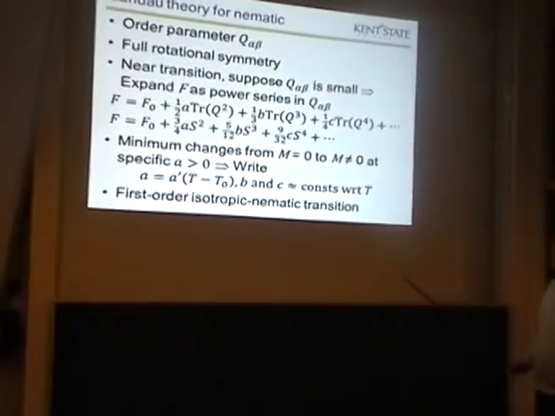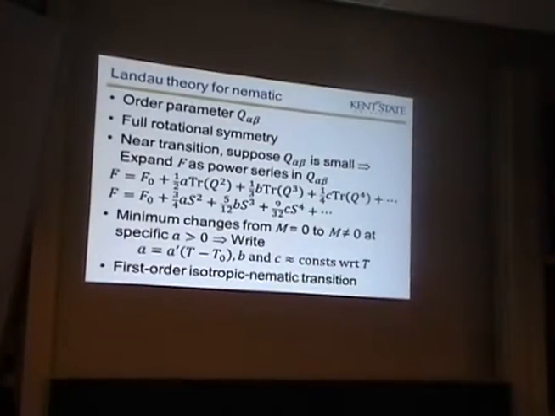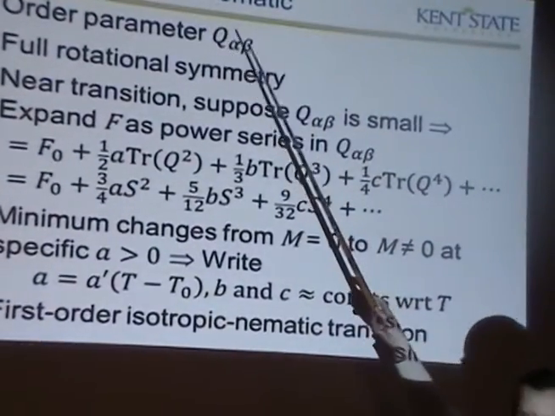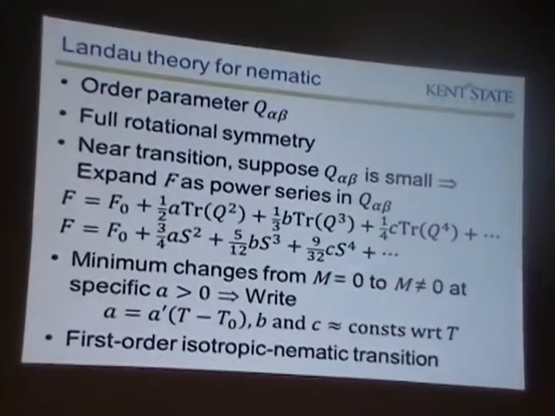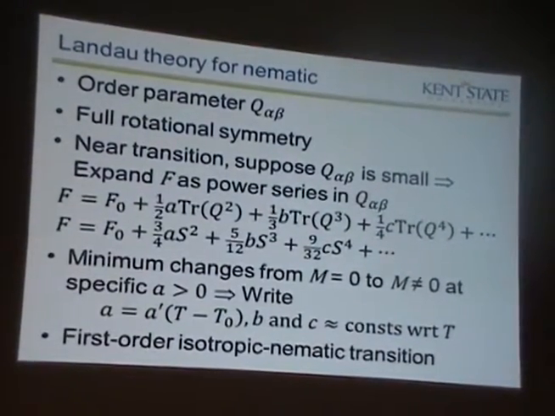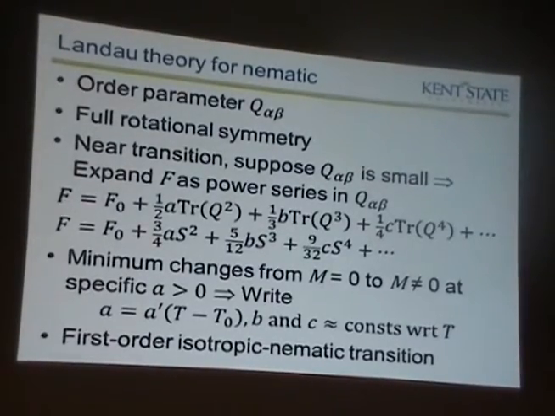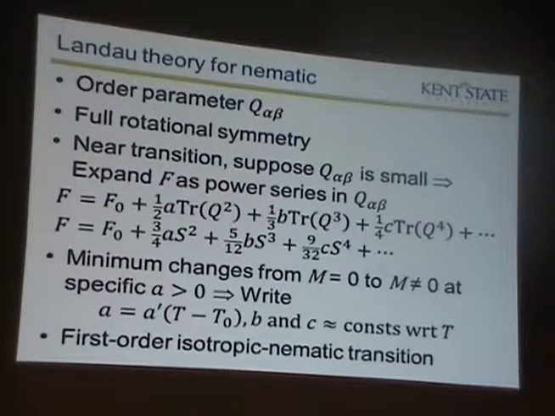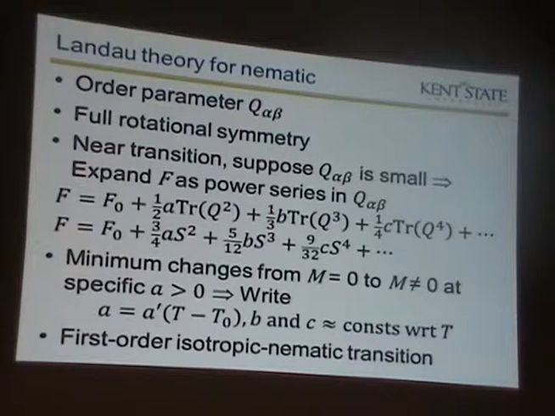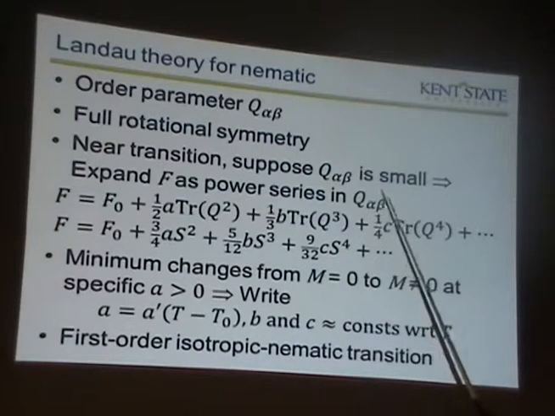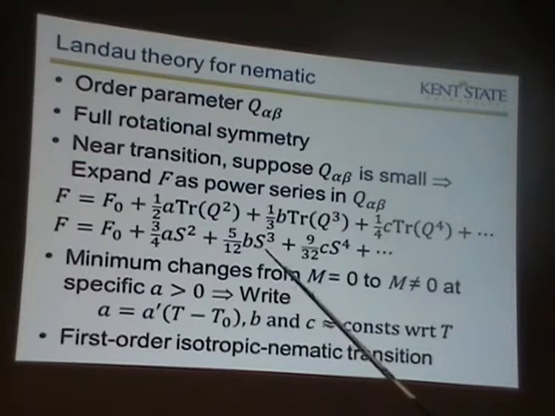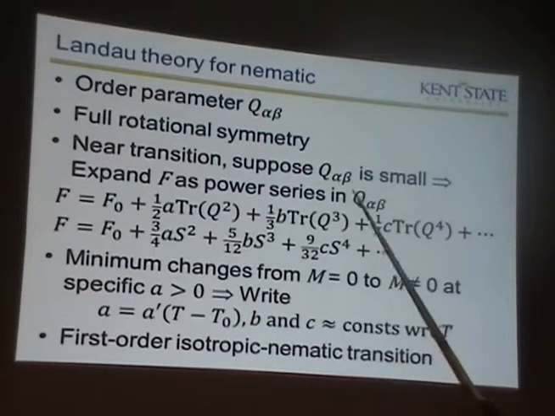For the nematic, similar kind of story. Now we're working in terms of this tensor order parameter. And we have a rotational symmetry, right? That the model has a higher symmetry than the final state, right? That's how Mark would characterize it in his lecture. So in the model, there should be full rotational symmetry, that this tensor could be ordered in any old direction, and so the free energy better have only things that are rotational invariants.